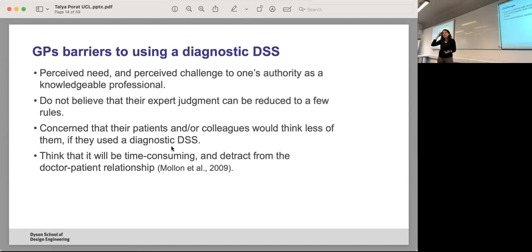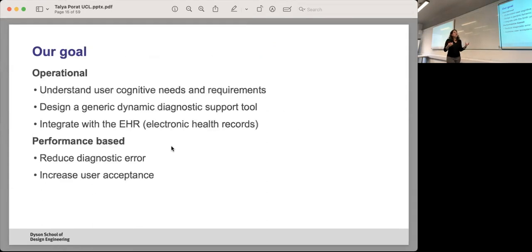So the diagnostic decision support systems proved to be very useful, proved to help, and they had good performance. It doesn't, of course, mean that GPs will want to use them. So what will actually motivate them to use such a system? Our goal was to understand the decision-making process they use, how they diagnose patients, their cognitive tasks and needs in this scenario,